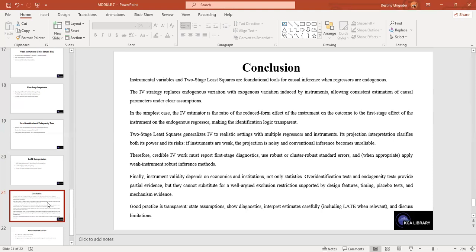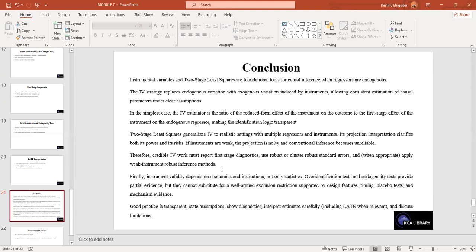Two-stage least squares generalizes IV to realistic settings with multiple regressors and instruments. Its projection interpretation clarifies both its power and its risk. If instruments are weak, the projection is noisy and conventional inference becomes unreliable. Therefore, credible IV work must report first-stage diagnostics, use robust or cluster-robust standard errors, and when appropriate, apply weak-